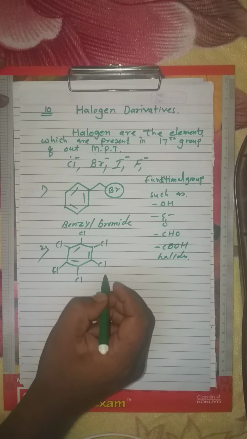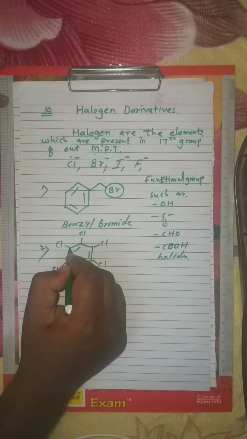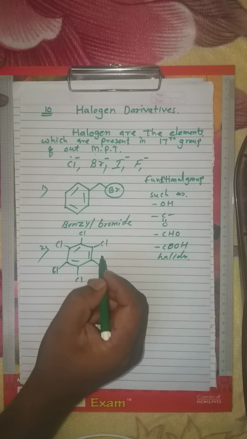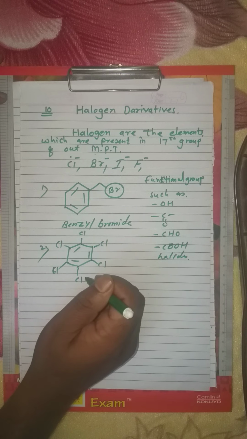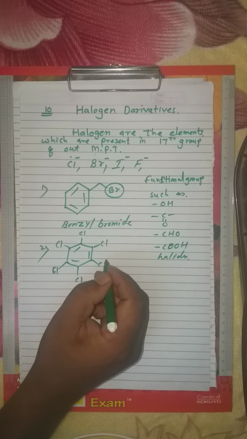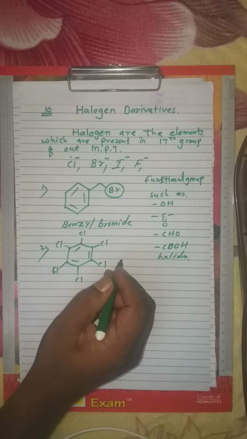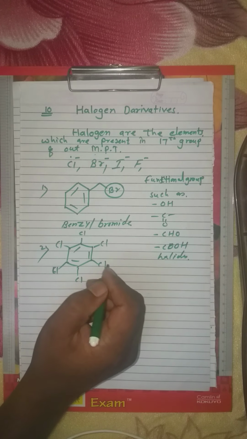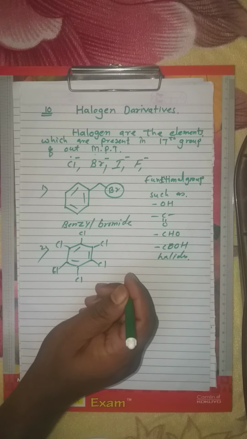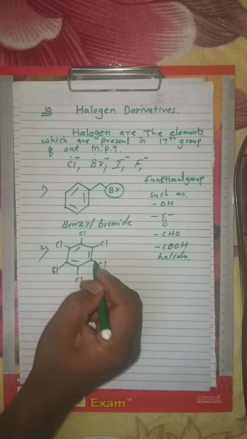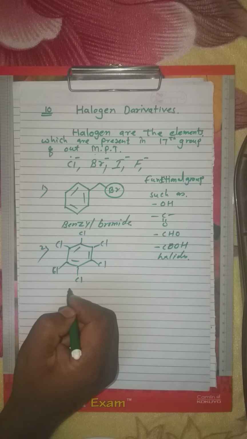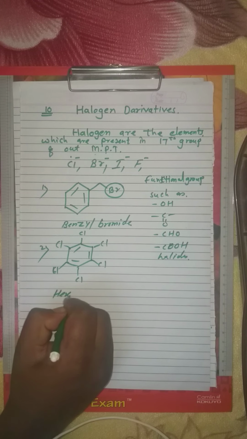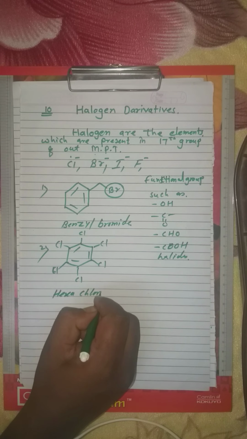Now dear students, we know that one corner of benzene ring, each corner is having single carbon and it is attached to a hydrogen atom. When we are going to attach any halogen to any aryl or alkyl compound, it replaces one hydrogen atom from it. Now that's why these examples name should be hexachlorobenzene.